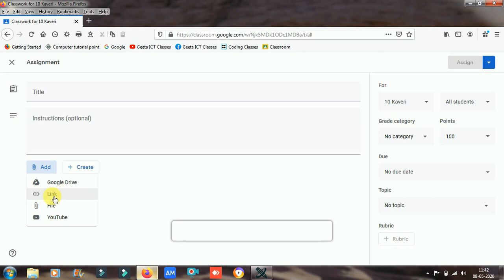You can send the link of any page. You can send any file from your system if you have created it in your system, and you can send the link of a YouTube video, and the YouTube video will be shared with the students. You can just click and create docs here, slides, you can create the PPTs here, you can create the sheets here, you can create drawings and forms also here. So this is all about it.